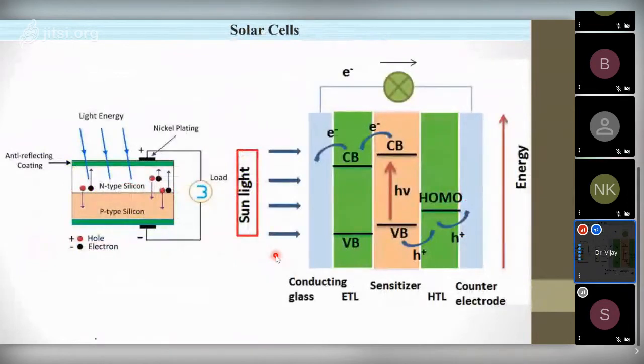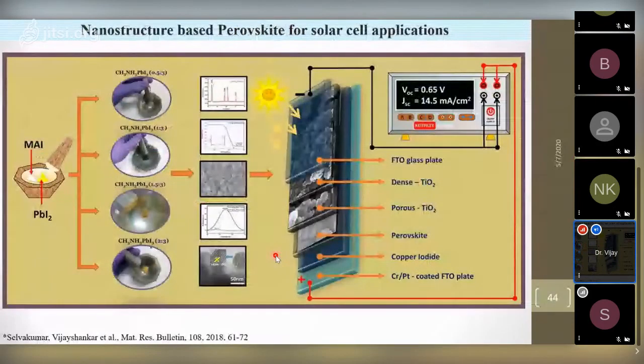I wanted to show a few very quick slides on solar cells, because these are recent publications which I made with CIT, through a PhD student in the physics department, Coimbatore Institute of Technology, Selvakumar. He worked even in Norway as a visiting student. Of course, almost everyone in the physics department at CIT can come to Norway for 3 months during their PhD period, at least once or twice every year. So this is partly a collaborative work from Norway, Sweden, and CIT Coimbatore. This paper is published in Materials Research Bulletin.